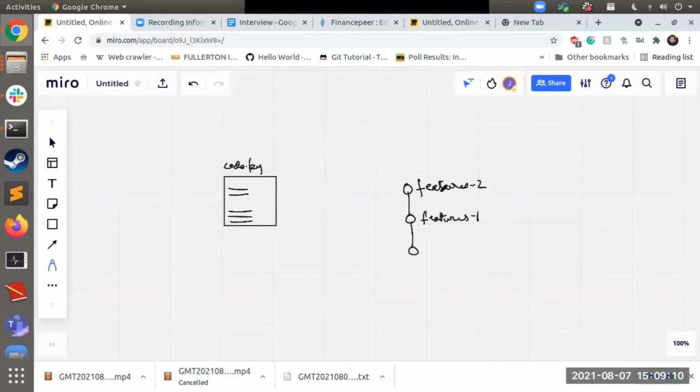Let's say features 2 had some bug, and because of this bug, people started uninstalling my application. People didn't like this feature. Because of the uninstalls, I'll lose some customers, and because of losing customers, my business will lose money. So I want to remove this feature and go back to only features 1.